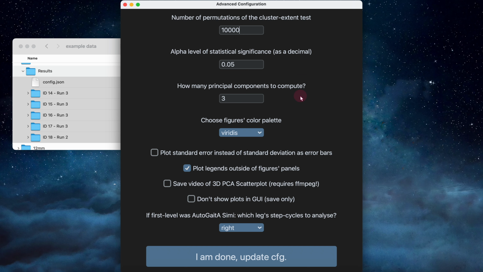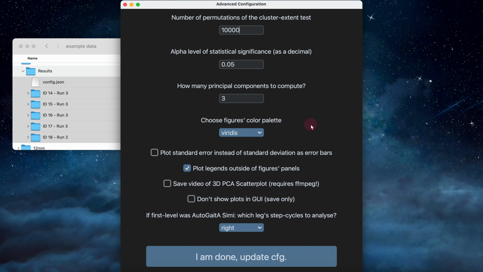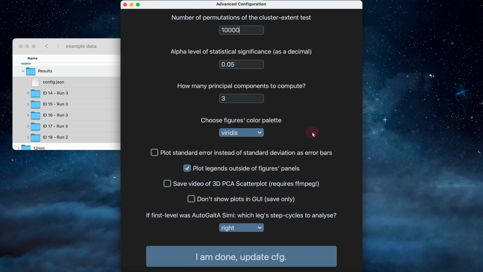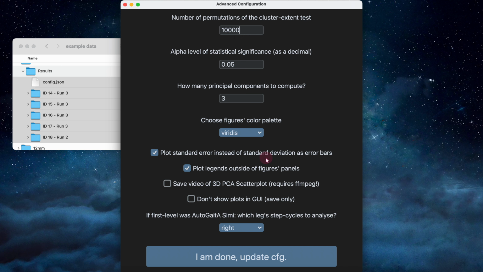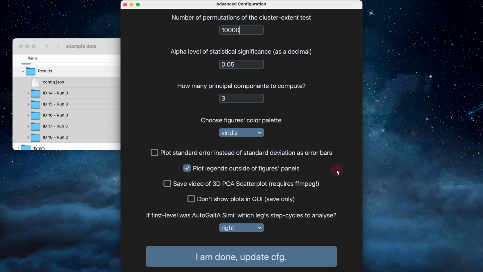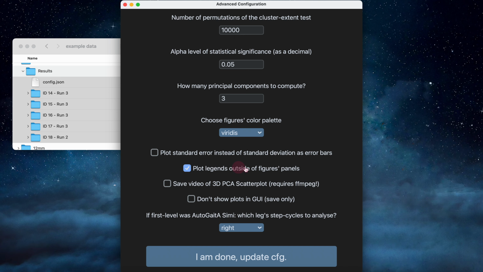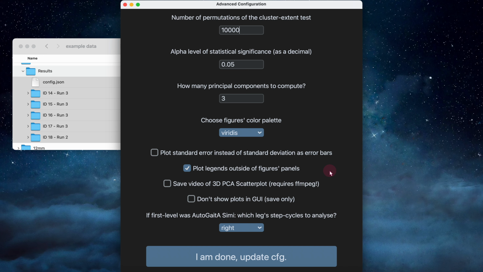Then you can choose how many principal components you want to compute, what the color palette is that you want to use. Then if you want to plot standard error instead of the standard deviation as your error bars, to plot legends outside of the figure panels. And then next,